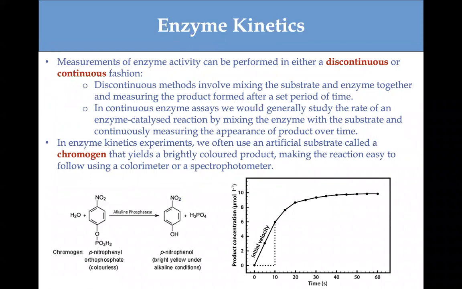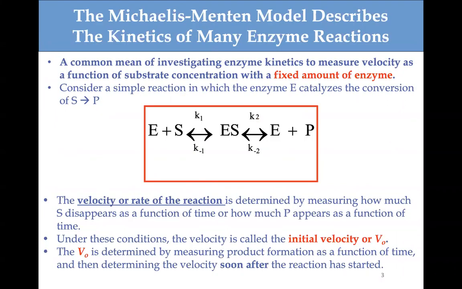When we say the kinetics of an enzyme, we mean the speed or rate of the reaction at which the enzyme can carry out this reaction, and what would happen if we change a certain component in this reaction. For example, if I add more substrate or decrease the substrate, how would the speed of this reaction change? One of the models, or equations, we use to study enzyme kinetics is the Michaelis-Menten